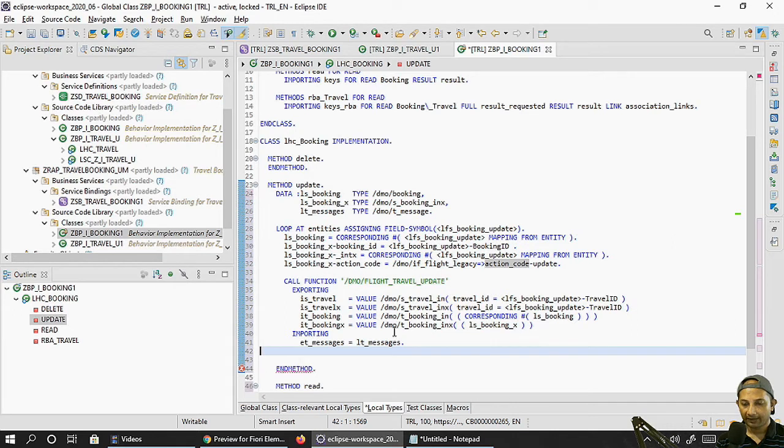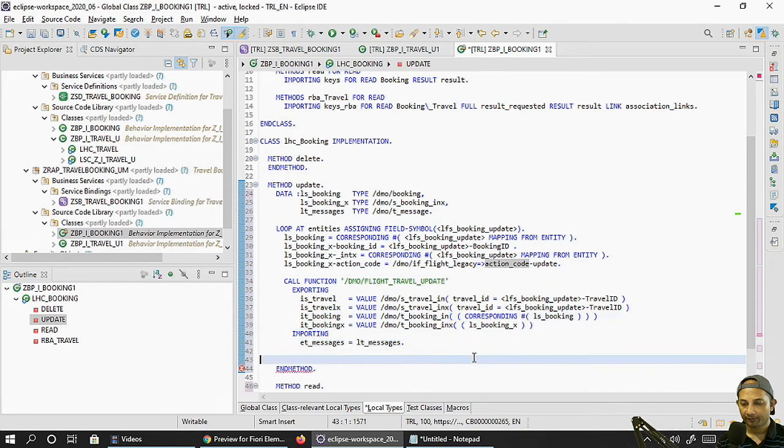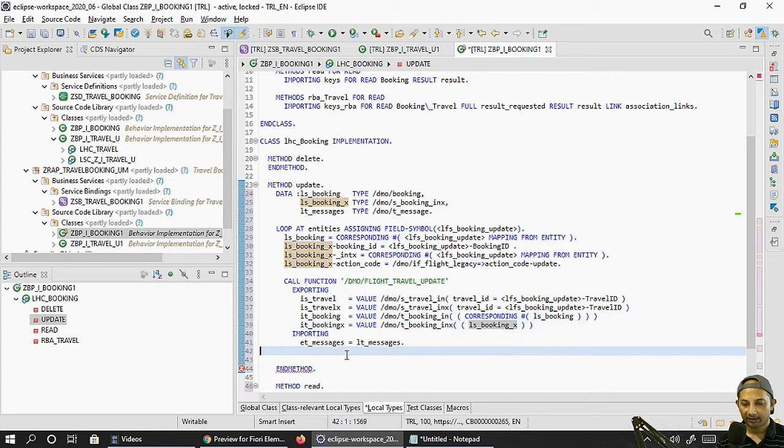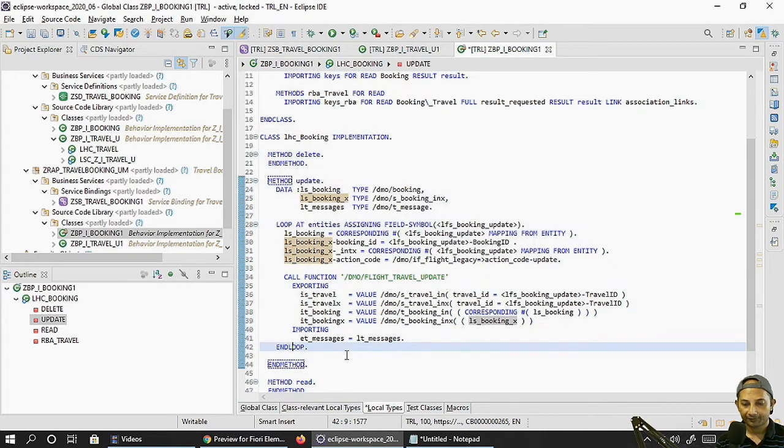Under the booking instance I'm not changing the travel instance. Okay, and for LT booking, of course I have to pass a record. It's basically a new row I am creating, ABAP 7.4 language, new row of this type, T booking. And INX is of course the INX which I just collected over here, the same I'm passing. Quite straightforward. Syntax error because I didn't put it in the loop. So now it should be fine, I guess. Let's activate it, and that's pretty much good.